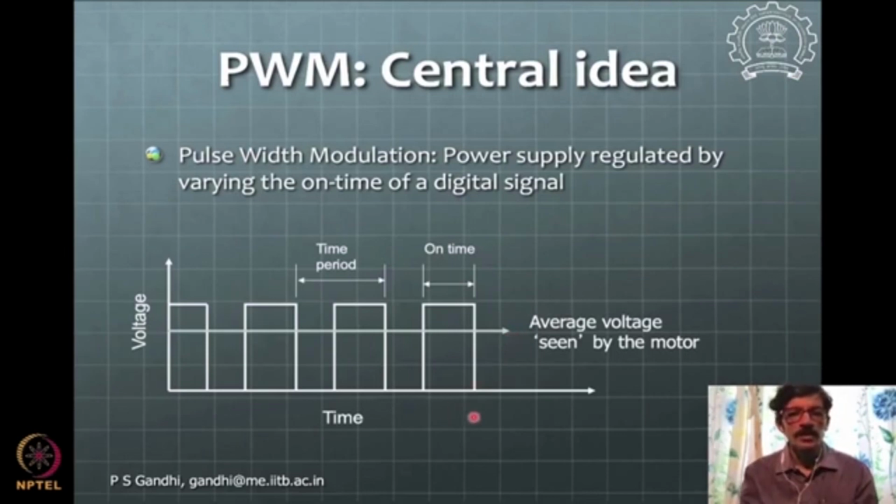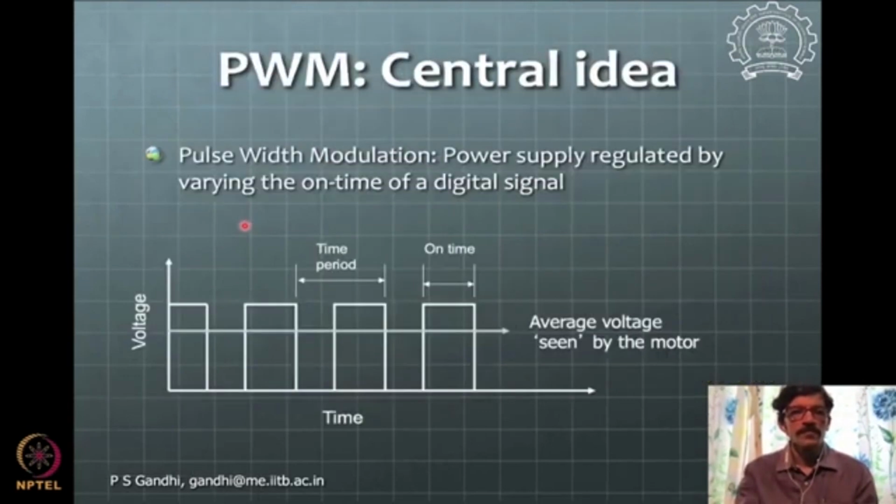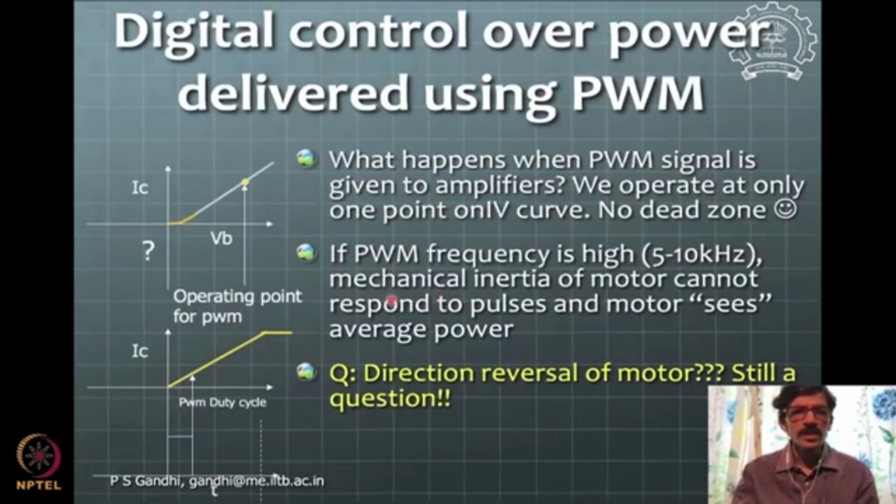Suppose we give this input to our amplifier, then the operating point is always here, because the values are either 1 or 0. You can see that this value here is either 0 or 1. This is 1 here and this is 0 here. But only the on time is changed. This is the time period, and the on time out of that is changed. Since the on time is changed and this value is fixed,